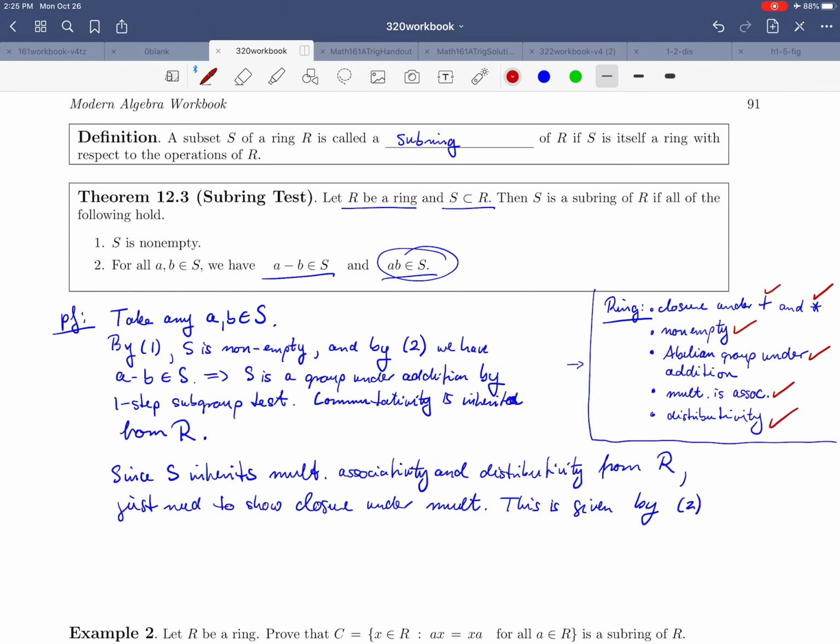So if we can show these 3 things listed in our subring test, then we can show that a subset of a ring is indeed a subring. So again, we need to show that there's something in it. We need to show that for 2 elements, A and B in S, A minus B is in S, and we have to show that for A, B, A times B is also in S. So these 3 things. And we're going to see an example of how to apply